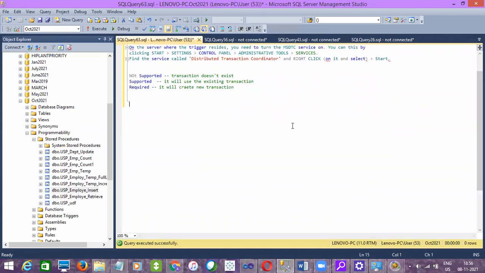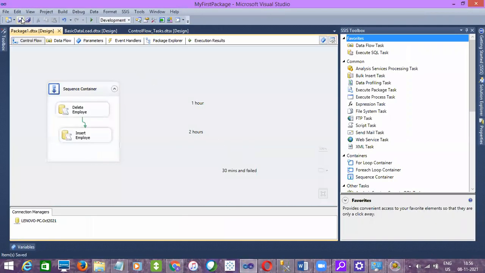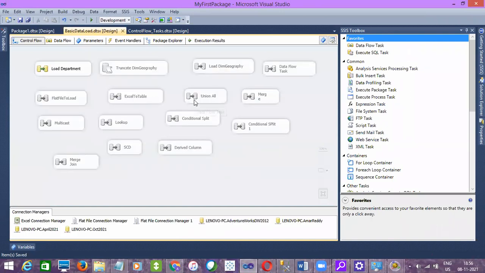And the next topic in SSIS, the final one, is performance tuning of SSIS. All right. So what exactly is performance in SSIS? See, when you're running a package, usually it takes less time. And suddenly all of a sudden it is running for a long time. What exactly do you need to do, right? The first thing is you have to check whether there are indexes on your destination table, right?